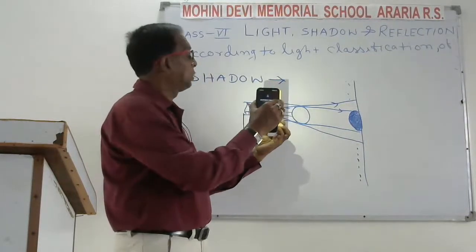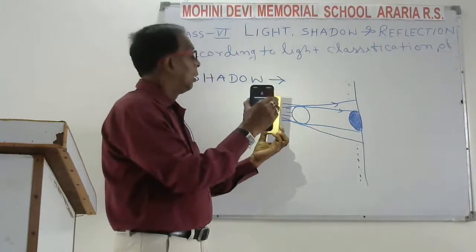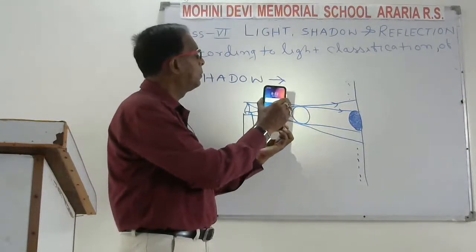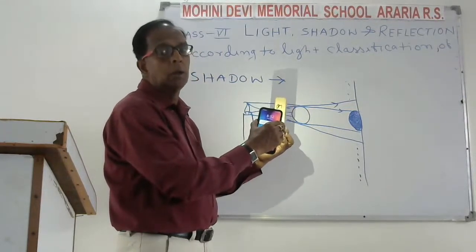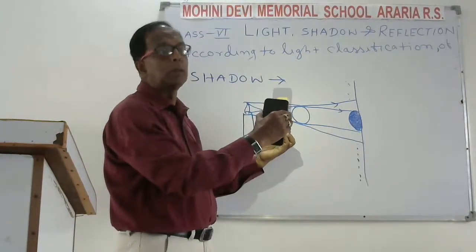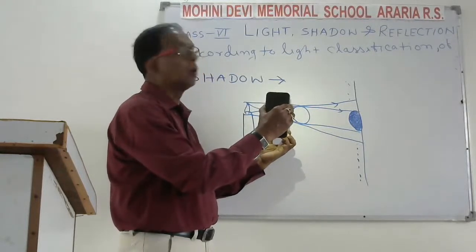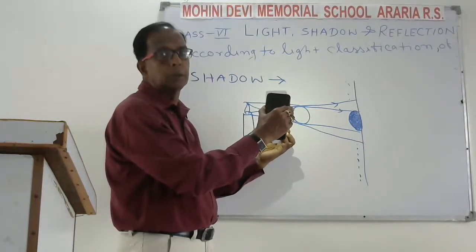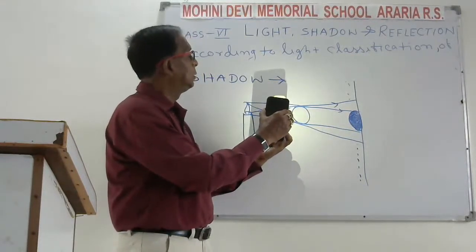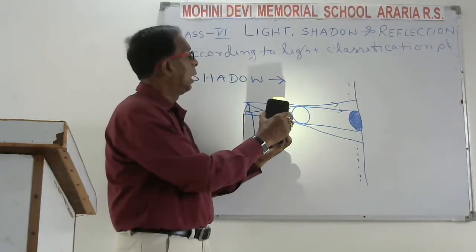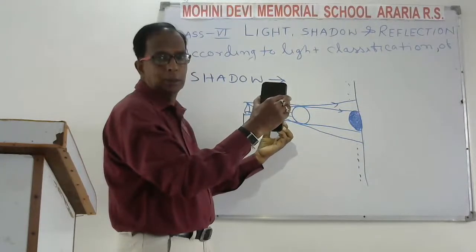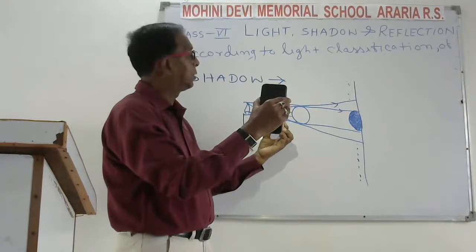And the size and shape of the shadow depends on what factors, my children? The distance between the source of light and the opaque object. You are saying that the size is increasing, the size is larger, and when the source is coming back, the size is decreasing, my children. And the second, now,